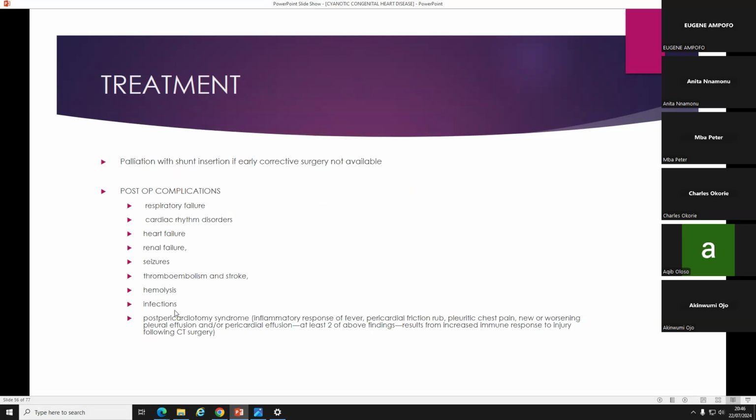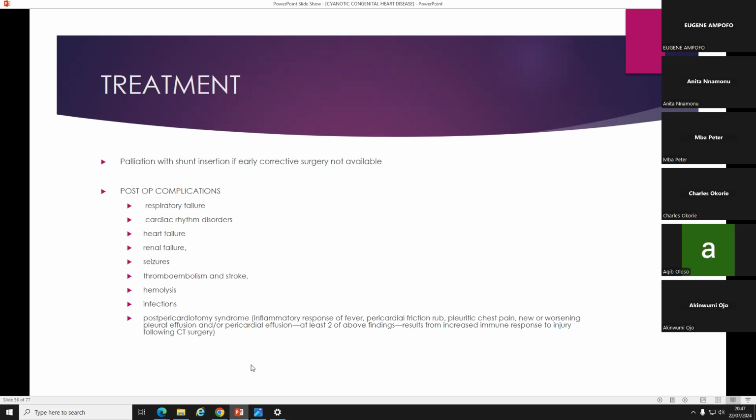Acute post-op complications include respiratory failure, cardiac rhythm disorders, heart failure, renal failure, seizures, thromboembolism and stroke, hemolysis, infections. Then there's post-pericardiotomy syndrome, which is an inflammatory response of fever, pericardial friction rub, pleuritic chest pain, new or worsening pleural effusion. So basically a reactive serositis. If at least two of these are present,